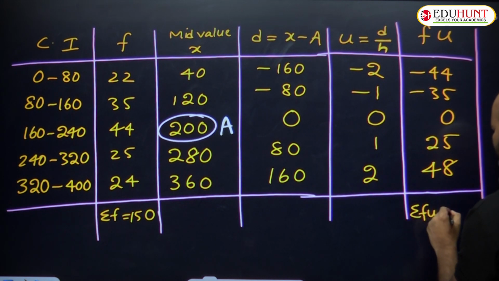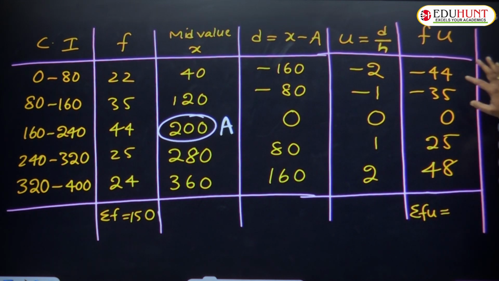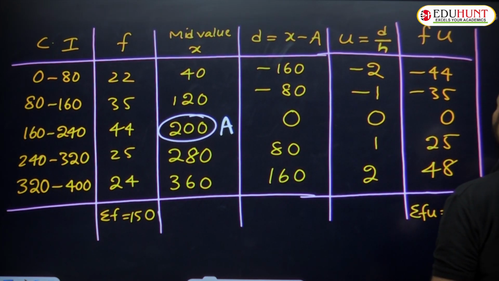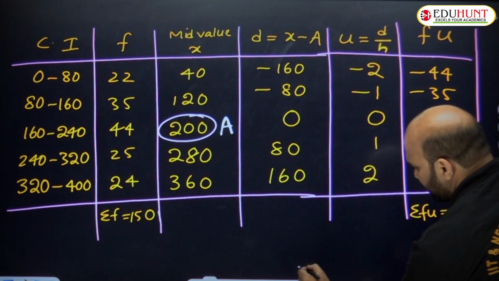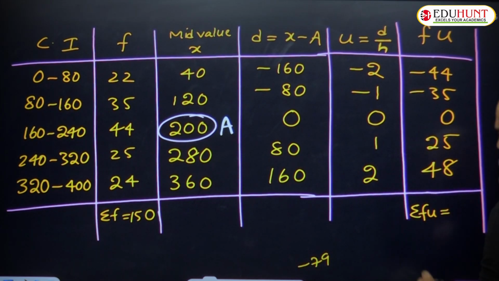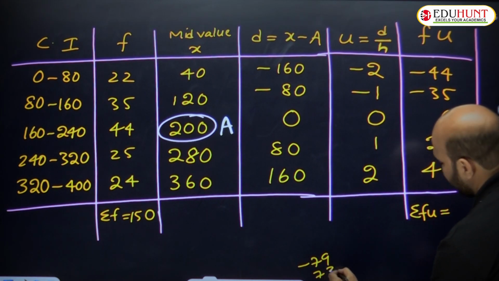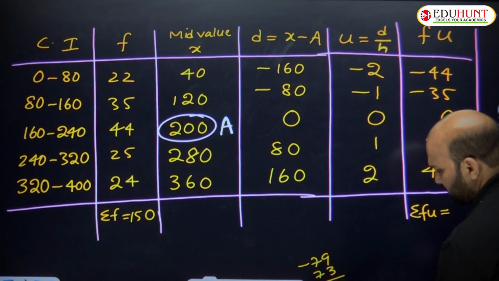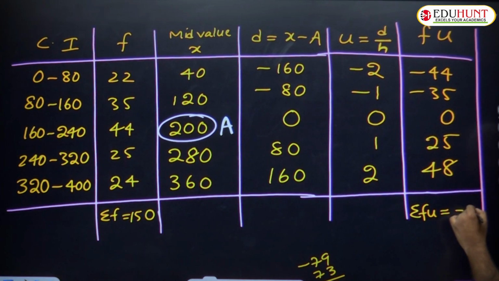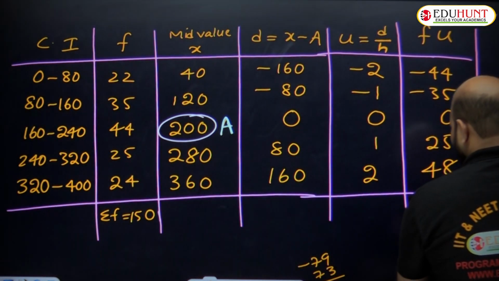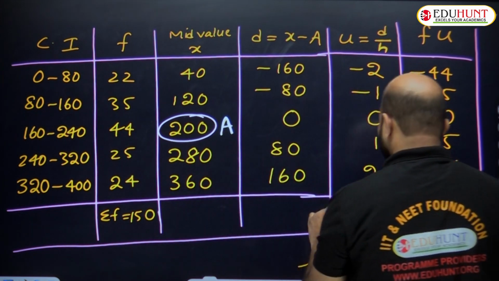What is the total sigma fu value? These are negative values: minus 44 minus 35, minus 79. Okay? Minus 79. These are negative. Here what is the positive value? 73. Positive 73, so 25 plus 48 is 73. What is the difference? Minus 6. So what you are getting? Sigma fu equals minus 6. Close the table. So this is the required table for